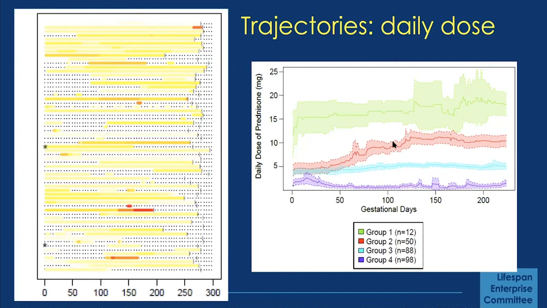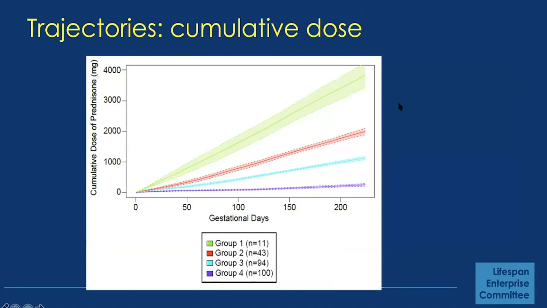Here they've done the daily dose. And if you could see the tracings behind this, you would see a lot of up and down of people taking corticosteroids and not taking them, and you see that in the confidence intervals around these trajectories. They then modeled this as a cumulative dose. So they smoothed out that distribution by letting the exposure accumulate over gestation: if you stop taking it, you stay at that level, and if you resume taking it, you go up. But it creates that more smooth trajectory that you see here,